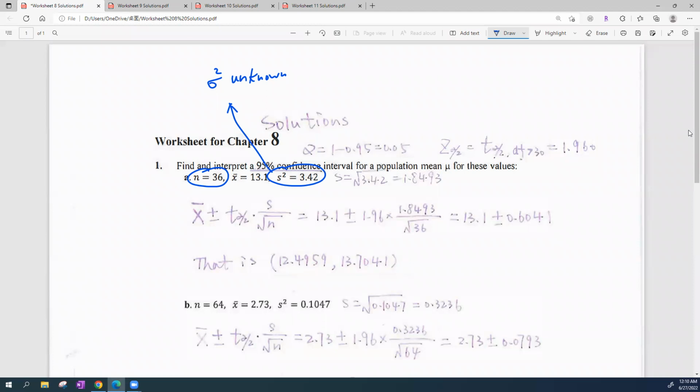For the t critical value, we should have t with degrees of freedom n minus 1, and we want t sub alpha over 2, with df equals n minus 1. So that is t sub 0.025,